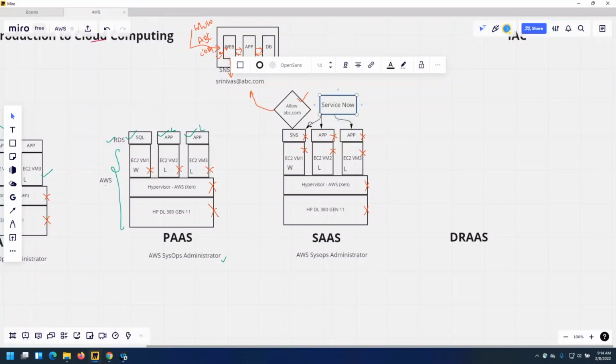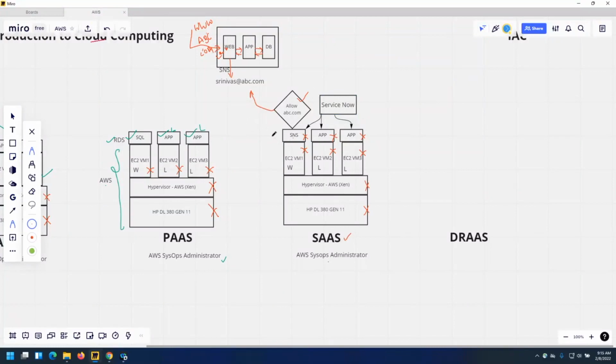But ideally, what we need to understand here is your SaaS services are purely dependent on AWS services, but as an administrator, you will not perform any sort of operations on the backend databases and servers. That has to be taken care of by AWS itself.